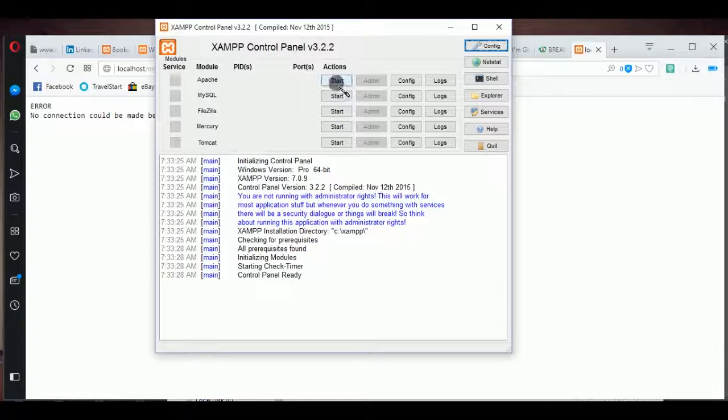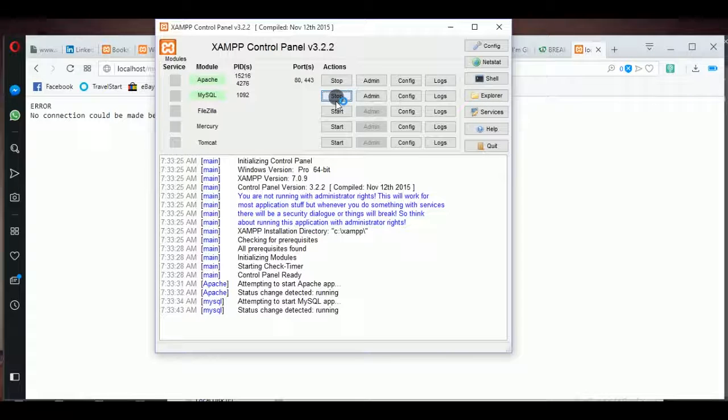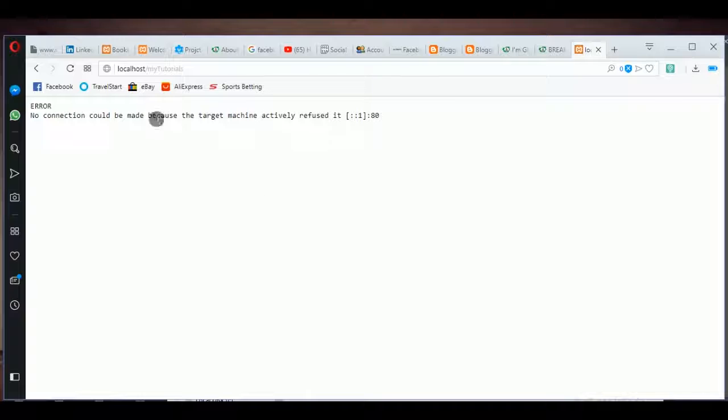Okay, so we start the Apache and we start the MySQL. In that case, we don't need the SQL for now, but it's still okay. Since we're just testing running, we can turn on only the Apache, but the MySQL is no problem since we'll still be submitting to the database. So I'll minimize that and I'll refresh this page,